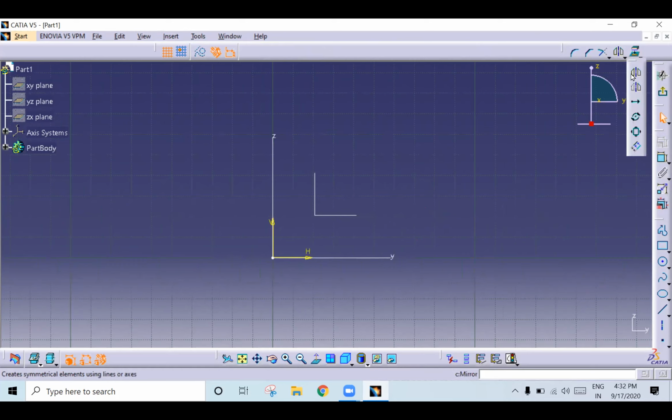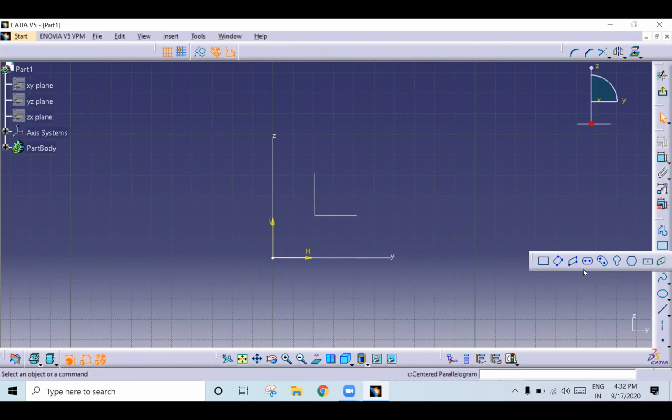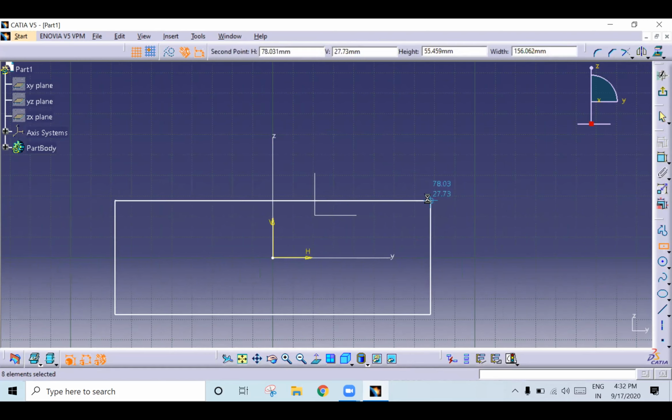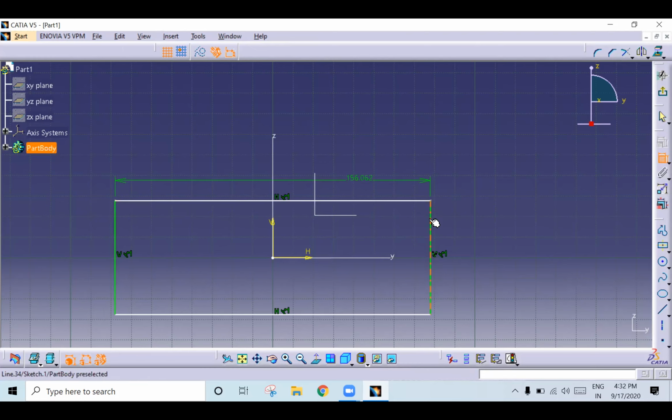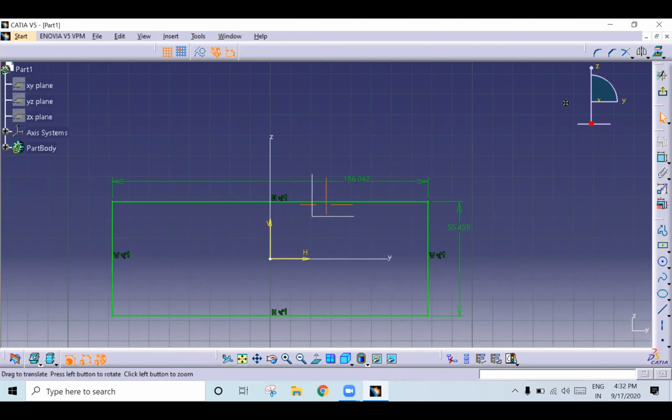Here we have symmetry and all. If you use all these things on constrained sketches, the sketch will not remain constrained. That's why, apart from this, we have to use only the mirror. Okay, I will show you. Suppose you have a rectangle constrained sketch. I will select this and this. So now it is fully constrained, right?